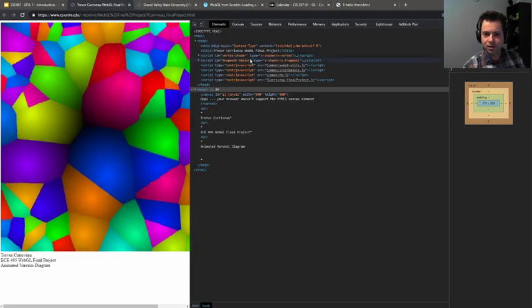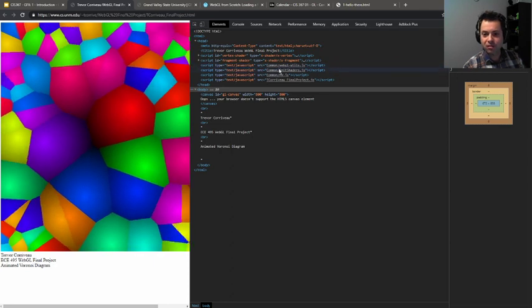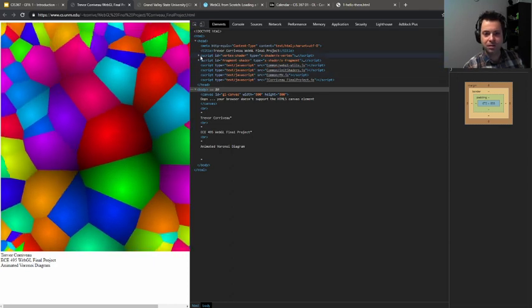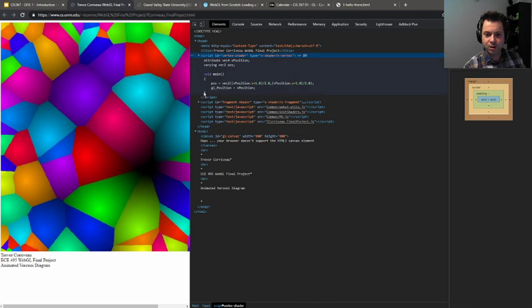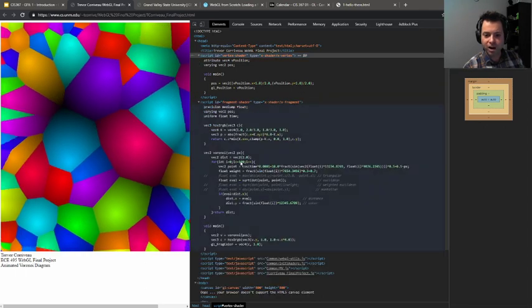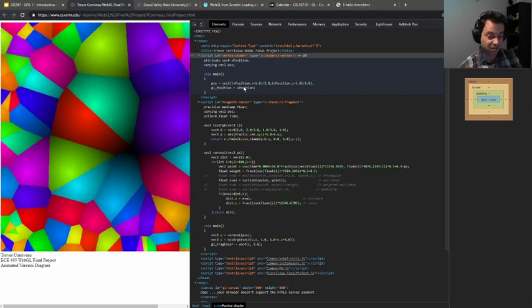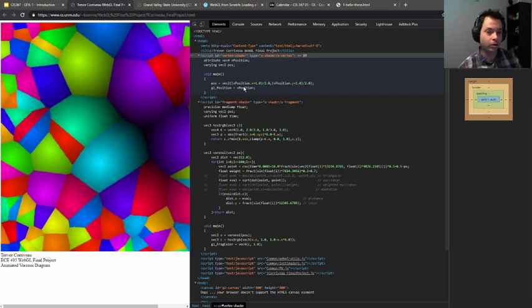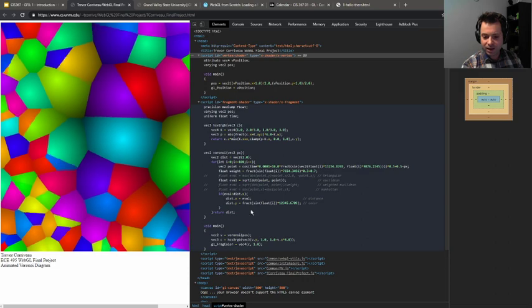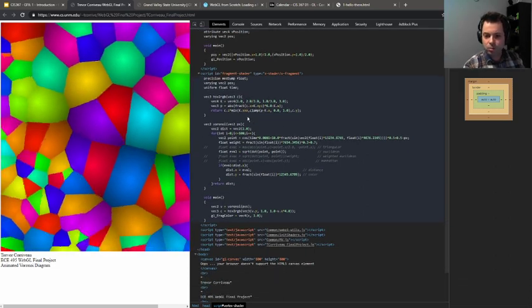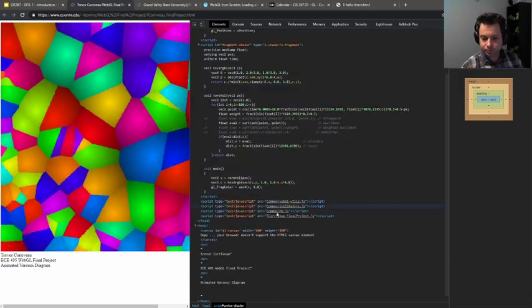again, this person is using all these libraries that the book uses. Here's his vertex shader. Here's his fragment shader. Vertex and fragment we'll talk about very soon. Vertex is the position of things, fragment is the color and texture of things. It's really not all that crazy what's going on here. And then he has